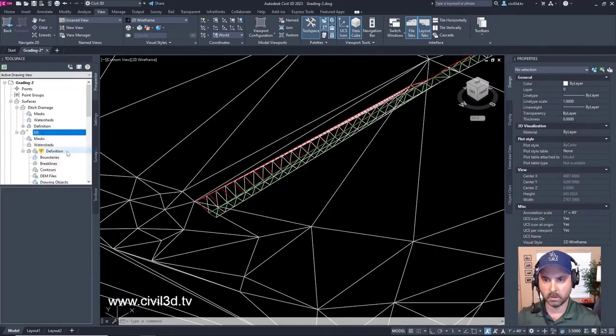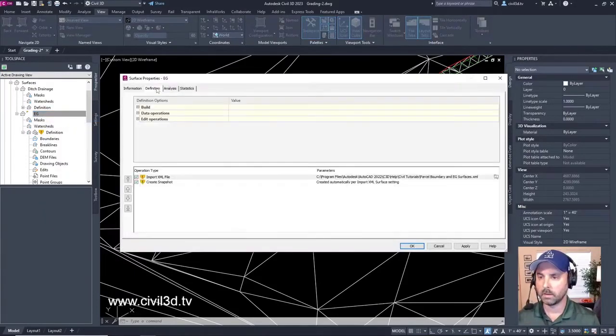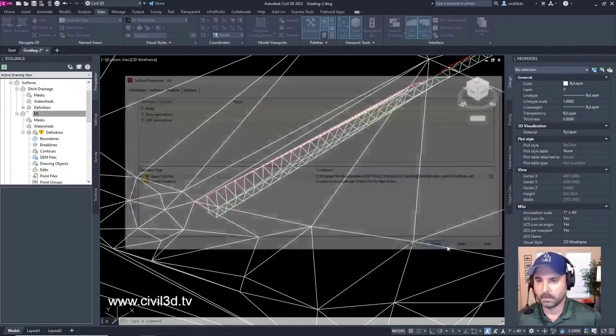I'm going to rebuild. Surface properties, definition. Yeah, I'm not seeing it here. Cancel out of that.